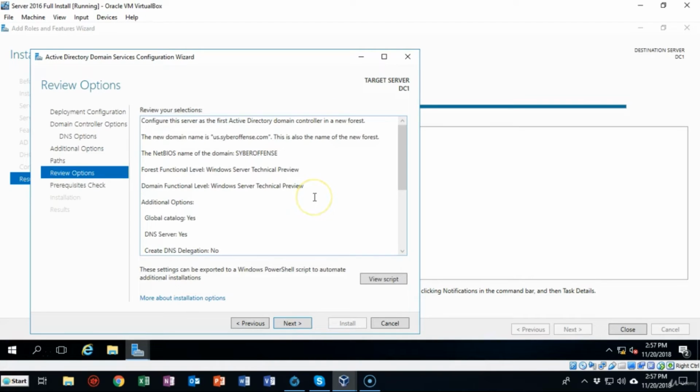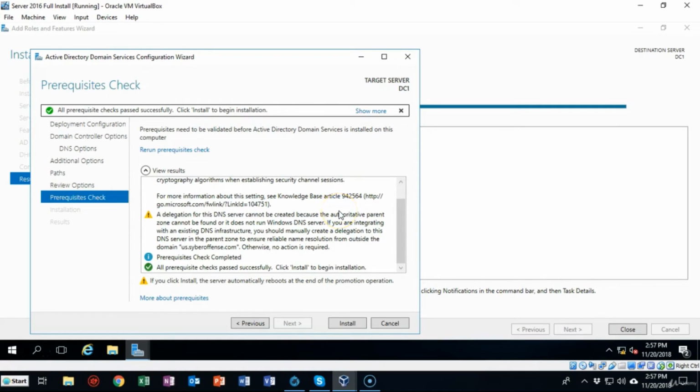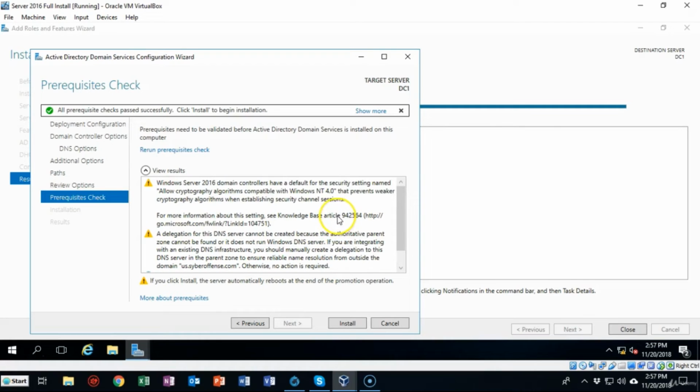This is your last chance to turn back and make any changes that you want to make. So you want to make sure you look this over carefully and then click Next. The machine is now going to run through some requirements, and most of this stuff is just informational. Don't worry about the yellow triangles, they're not that important. That's just informing you that there's some backward compatibility issues with the cryptography algorithms, and what's compatible with NT 4.0